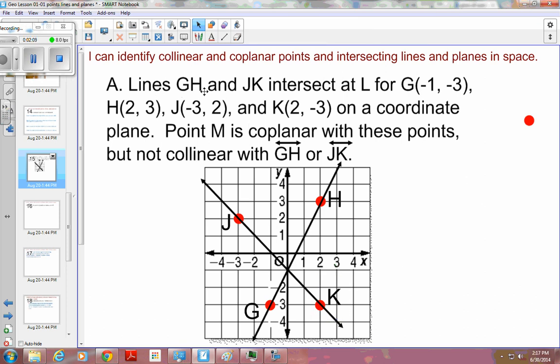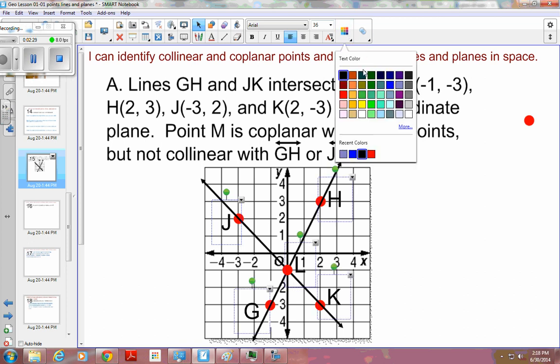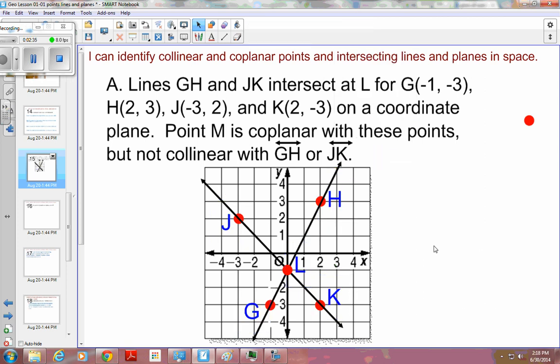So lines GH and JK intersect at L. Okay, so here's where they intersect. And it's telling me that that is L. So I've got L on there now. And if it helps you to see this, I can change all my labels here to a different color. Or like a lime green. And we'll go back to blue. Okay, so